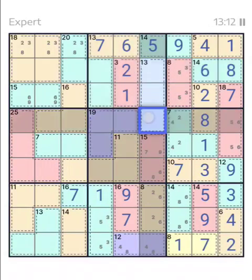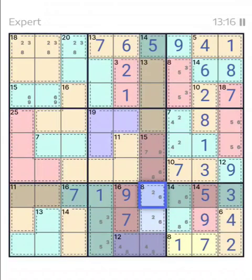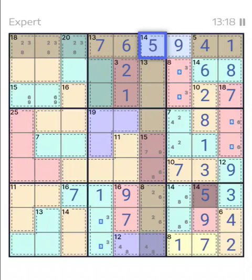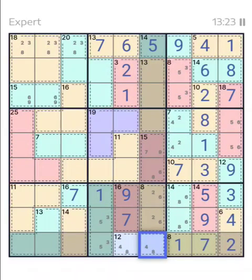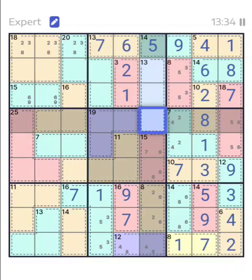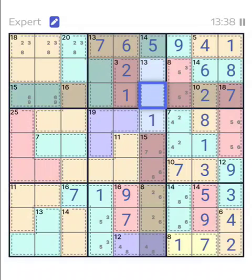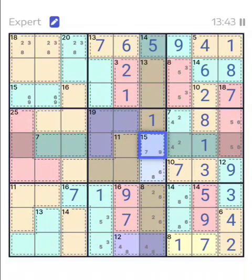13 that we have over here, this vertical 13, what are the numbers missing, right? There's a 2, 6 and 5. Those are the only numbers that are confirmed. This 7, 9, 8, 6 and 4, 8 don't have a place. So if we had our notes on, we need a place for 1, which has to be here, because 1 cannot go in either of these two, and in the rest of the column we have no notes for 1, so that means it can't go anywhere else,